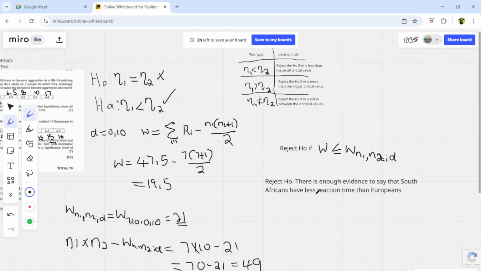So now the same thing that you did, because it's less than, you're going to do if it was greater than. If it was greater than, you must do